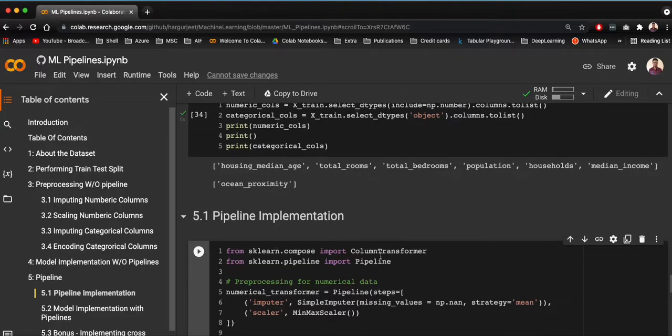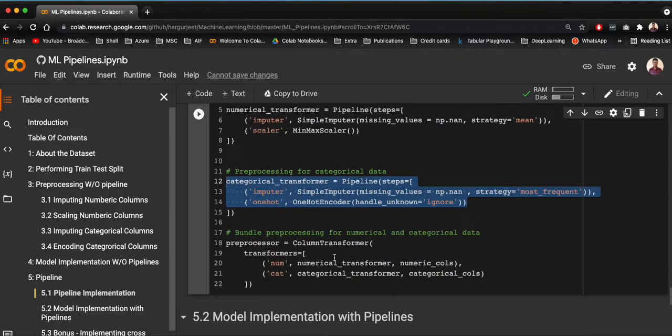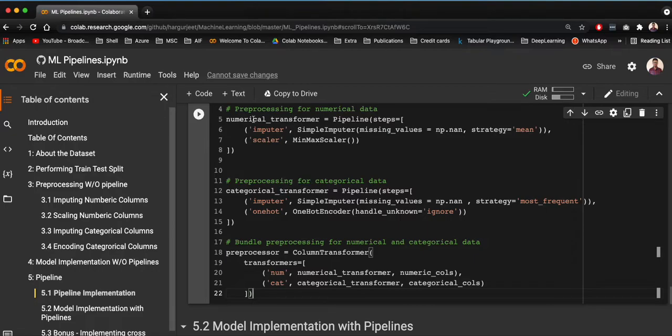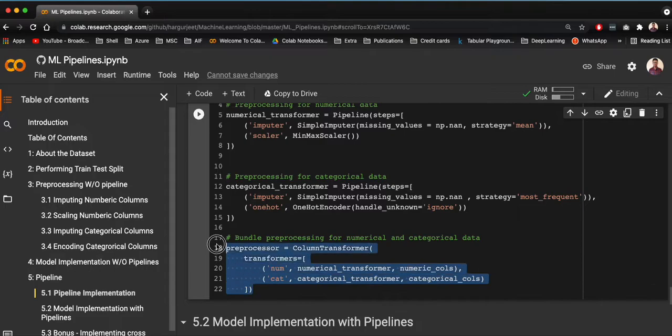And as we imported another class, column transformer, this basically combines the numerical and the categorical transformers. This is just a syntax which you have to get familiar with. This is not much complex. So you just say column transformer transforms, and you just call the earlier pipeline definitions you have done for numerical and the categorical transformers, right? So this is the way you do it.